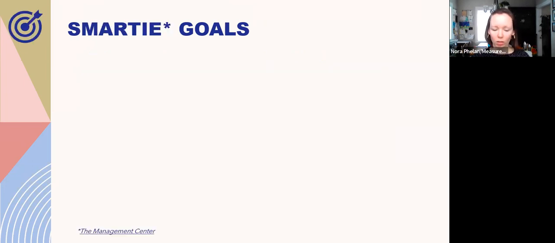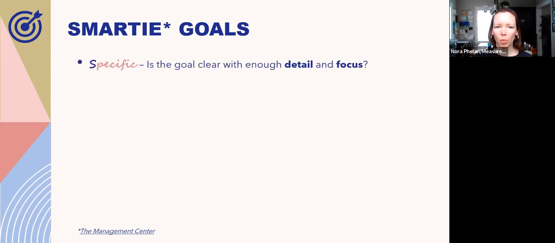Now, I want to talk about SMARTY goals, which may be a new term to some of you. It was actually a new term to me until recently. You probably have all heard of SMART goals, but I'm going to go through each one as well. Even if you have heard them, it really is a useful framework, I think, when you're trying to develop any kind of goals. And then the I and E, to make it into SMARTY goals, was coined by the Management Center. It's a relatively recent addition to encourage organizations to be more inclusive and equitable in their development of goals. So I'll go through them one by one.